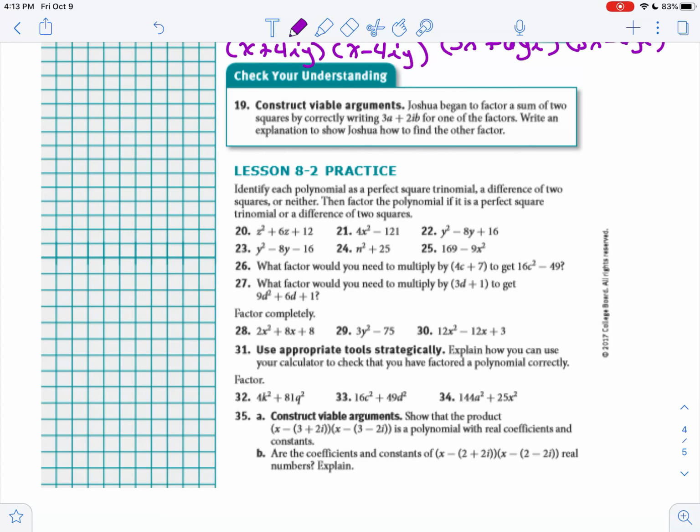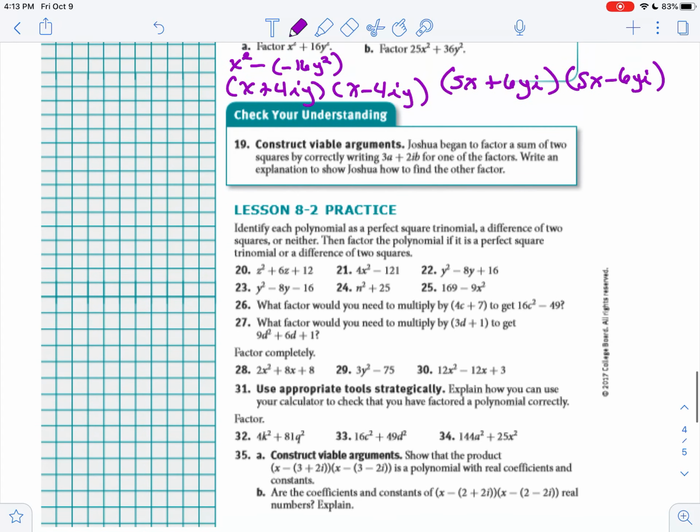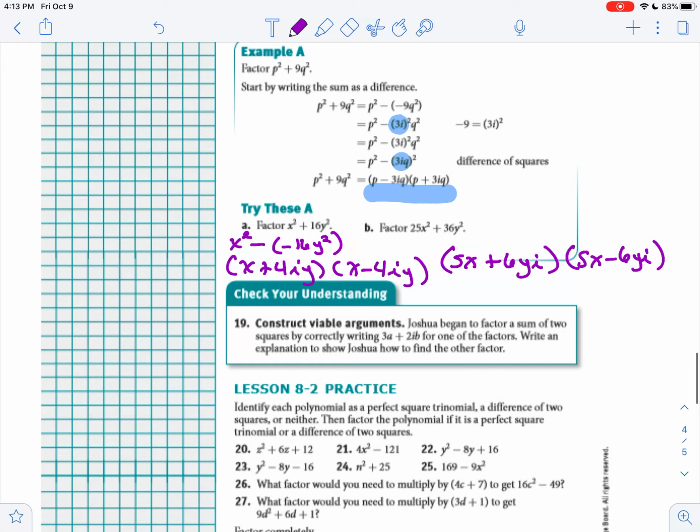So we will work on some practice problems again in class. We'll use some of these practice for our classwork, and then we have an attached